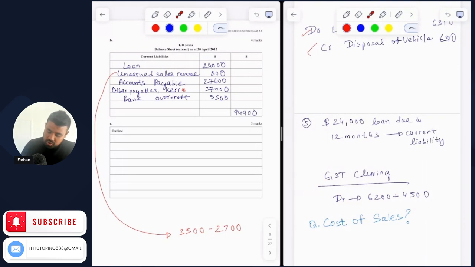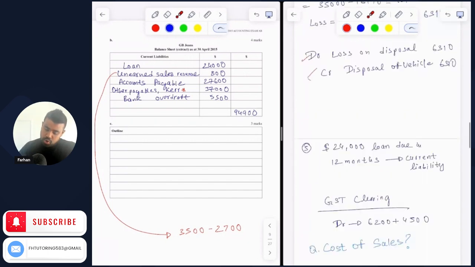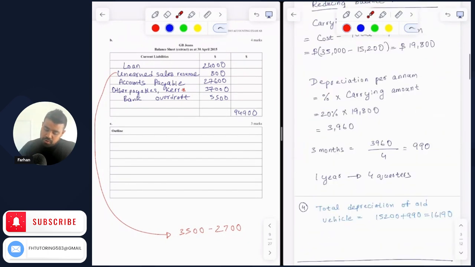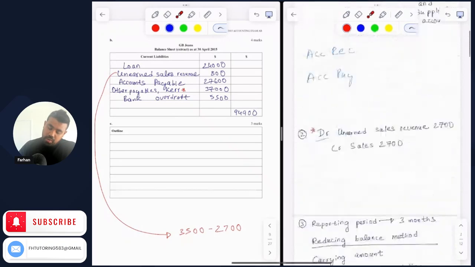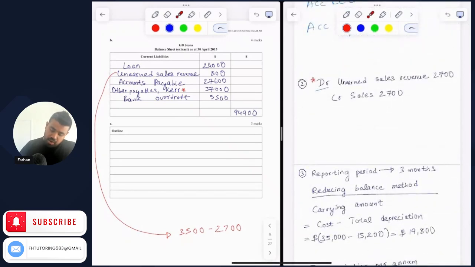So originally it was $3,500 in the pre-adjustment trial balance. And based on what we have done for additional information number 2, where we reduced the unearned sales revenue by $2,700, we have to subtract $2,700 because our obligation with our customers has gone down. We have delivered $2,700 worth of value to our customers and therefore can recognize this as sales. So what's left behind is only $800